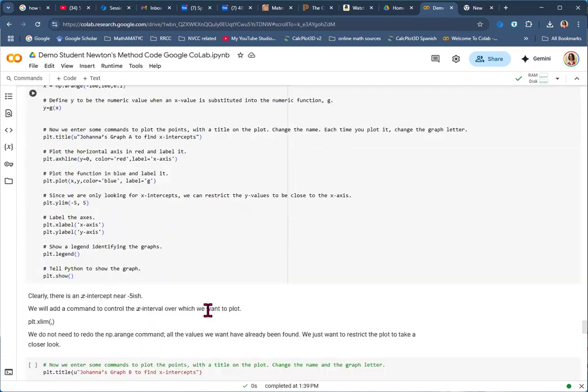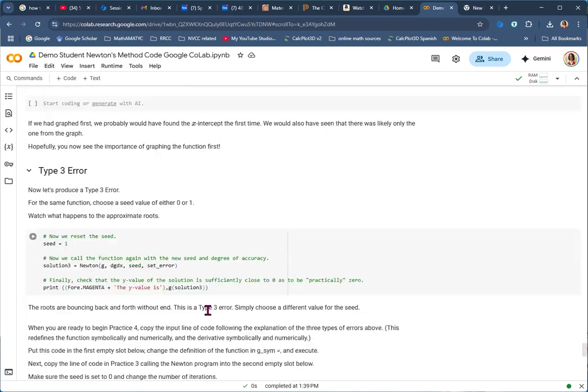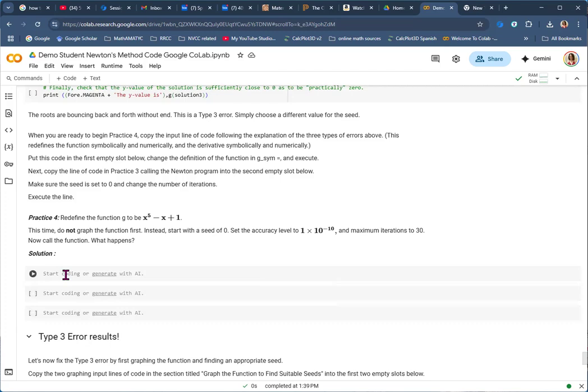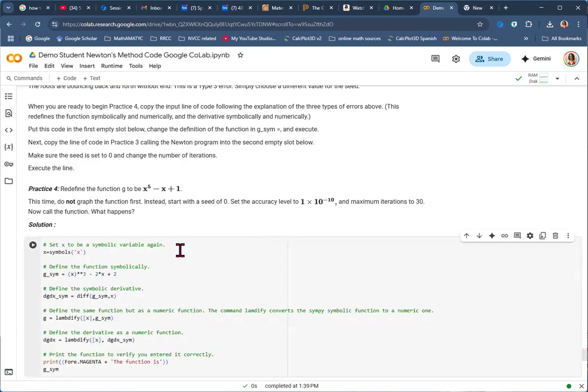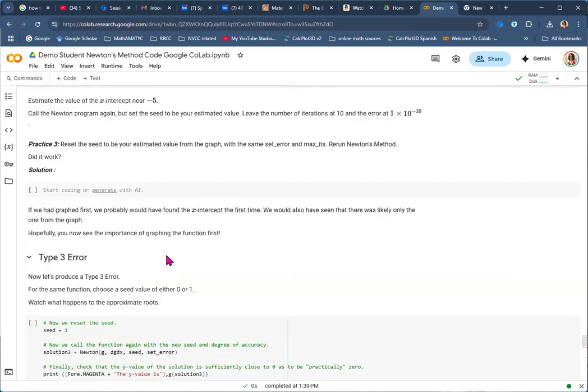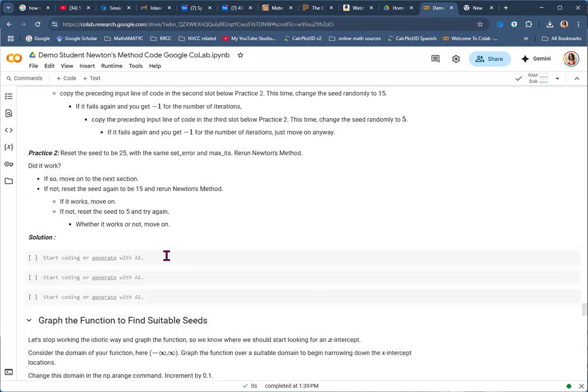So then we're just going to guess again and again. So first we're going to copy what we just had down here in practice 4. So this is going to go here below practice 4. So just leave it. You don't have to do anything to it. We're not quite ready for practice 4, but it's there. All right, so we're going to scroll back up